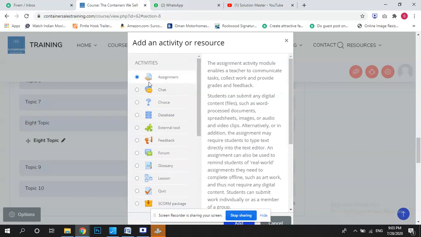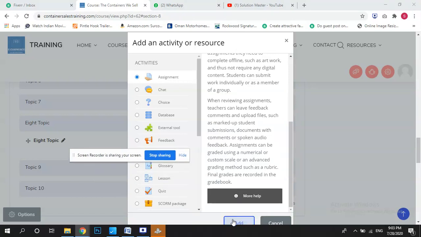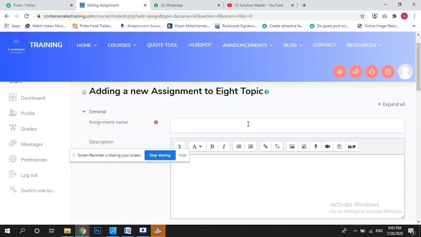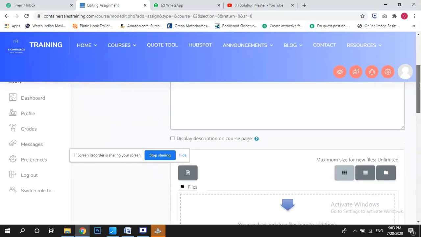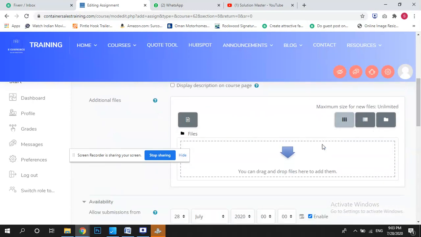So I will come here, first assignment, and add here. For all these options, adding is the same. You just click on add chat, click on add. So I will write here assignment. In all the previous ones, this option is the same. We will just put the name, a small description. We are having some files.